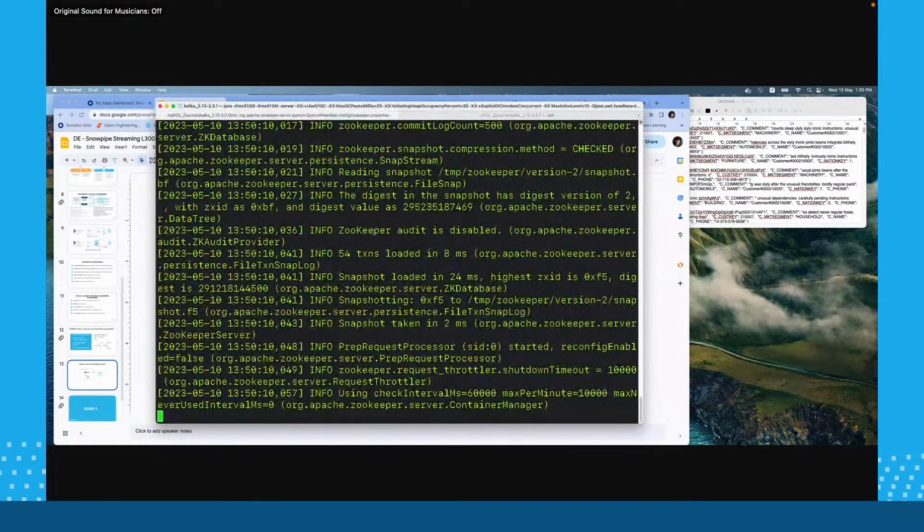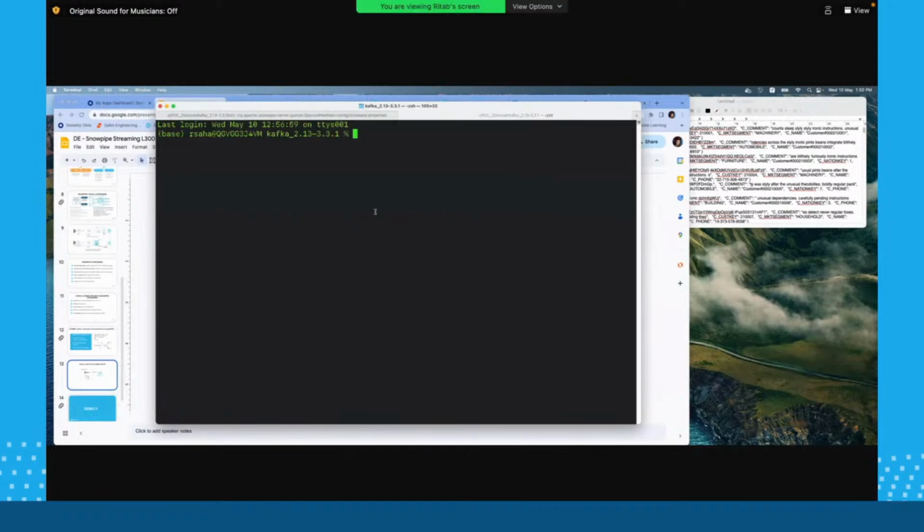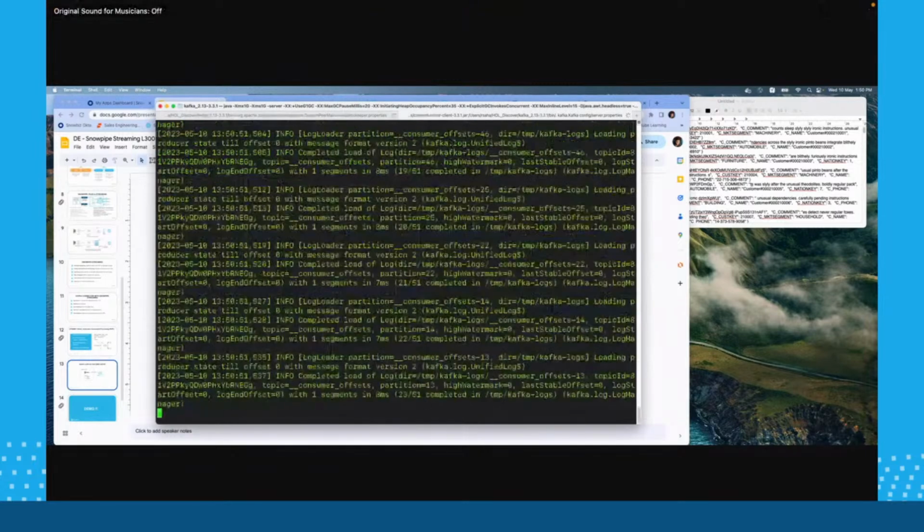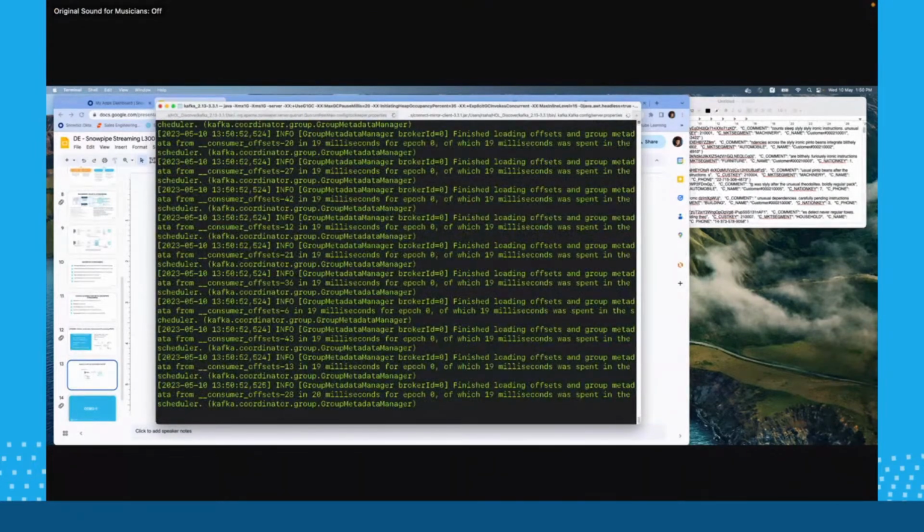Did it start? I think it is, yes. Now I'm going to start my server.properties. There you go. My broker has started.